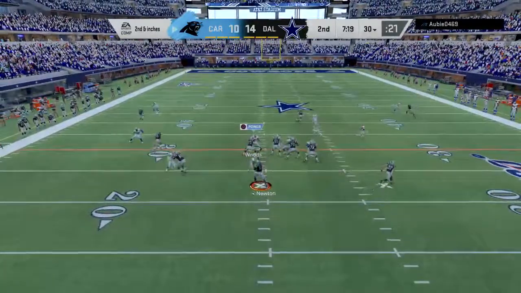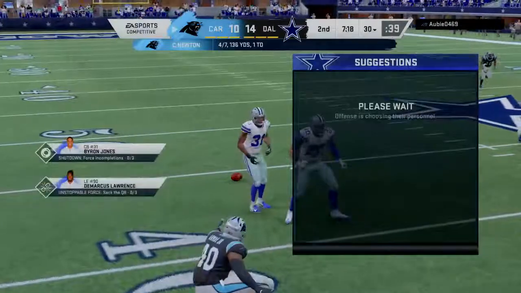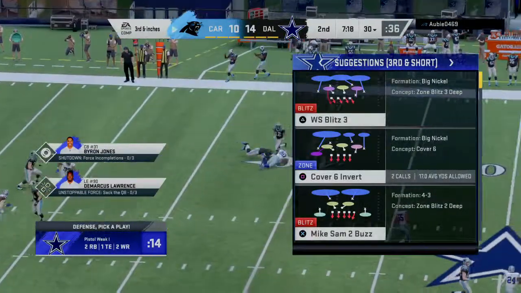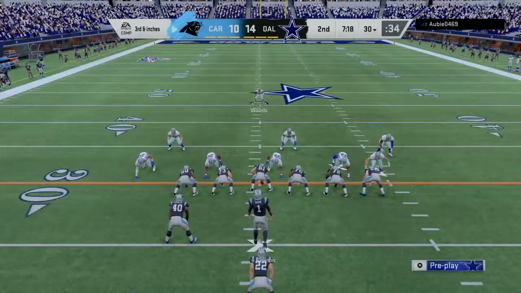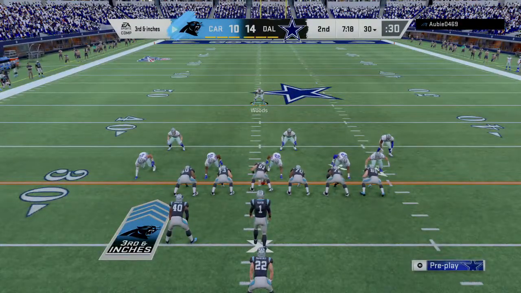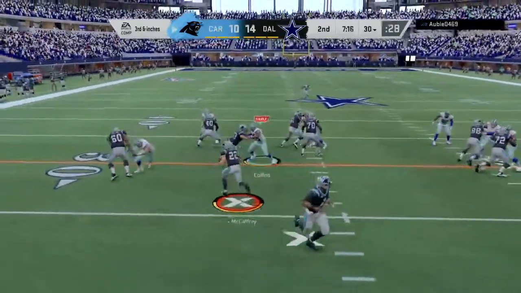On 2nd and inches, Newton. And that's going to be incomplete. Too tough to hold on to that one. It's 2nd down. That's very well timed there defensively, because it's not a bad throw, but the collision came at the exact time he was reaching to bring in the football. Really, really well done. Decent offense, just better defense. I think you're right. They'll try and pick it up with